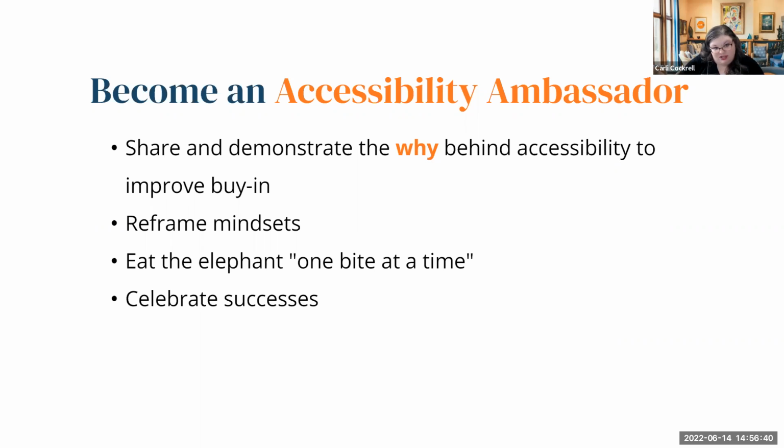So as we mentioned, you could begin sharing and demonstrating the why behind accessibility to improve buy-in. Let's consider this a little bit more and share some ideas in the chat. What is one thing you could share with your organization related to accessibility? Now, as you're typing some of those responses, the next thing we would say is working on helping to reframe